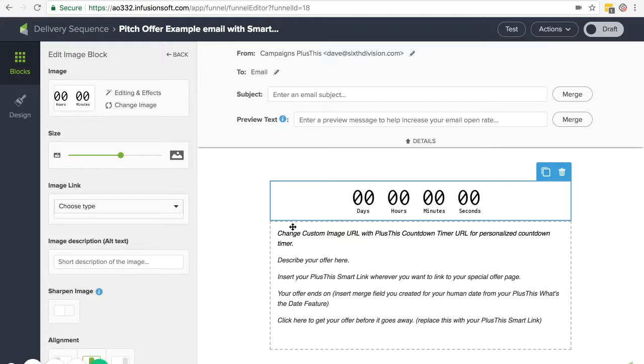The other thing you have to do within the email is obviously just add your own offer, personalize it for your company, and then you can play around with some of our features like PlusThis Smart Links. So it's a smart link that'll, if the customer clicks it, it'll send them to the offer page. And let's say they don't have the eligible tag anymore, then it'll send them to like an oops, your offer expired